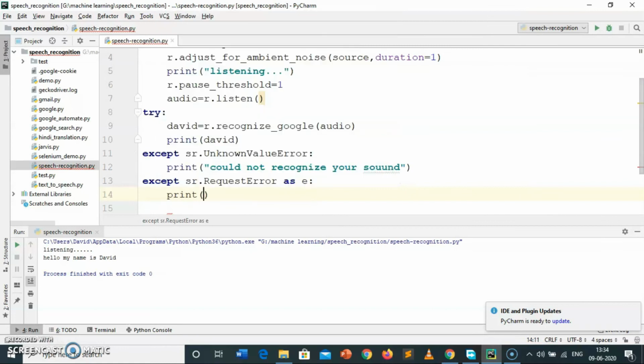Now print check the internet connection.